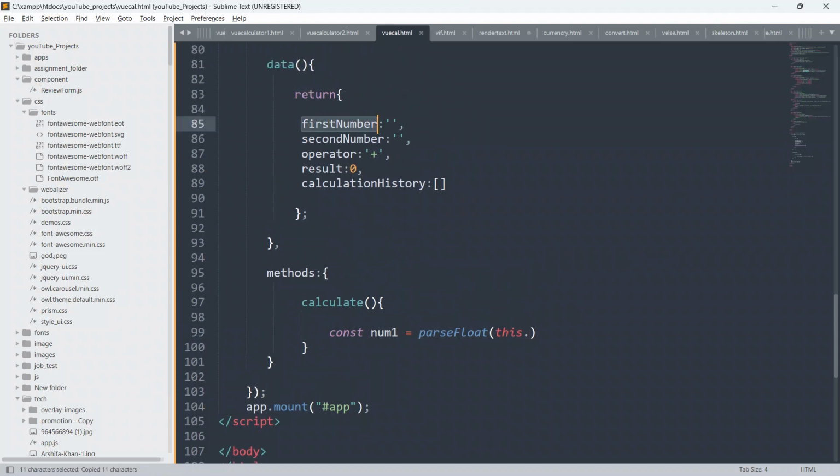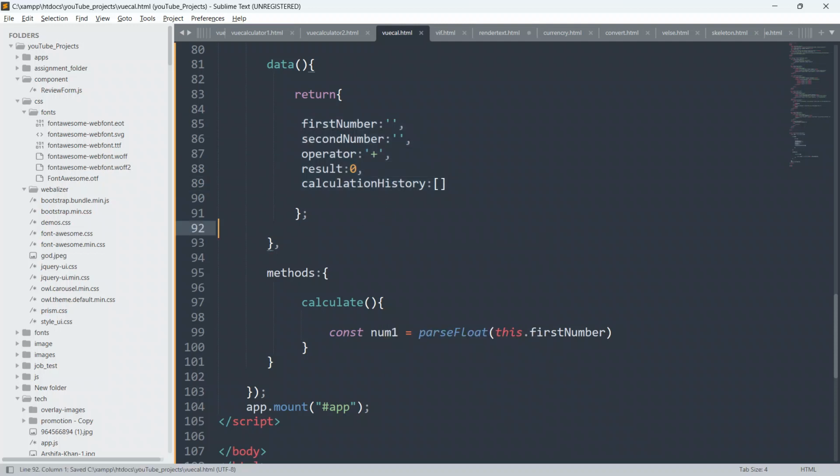Okay, so guys, always remember this keyword is used to access the data like variables or the data properties inside Vue.js.